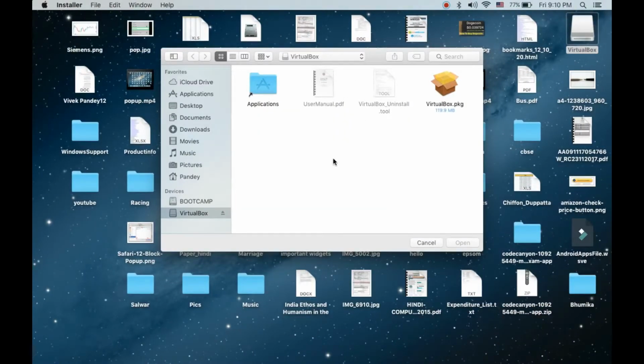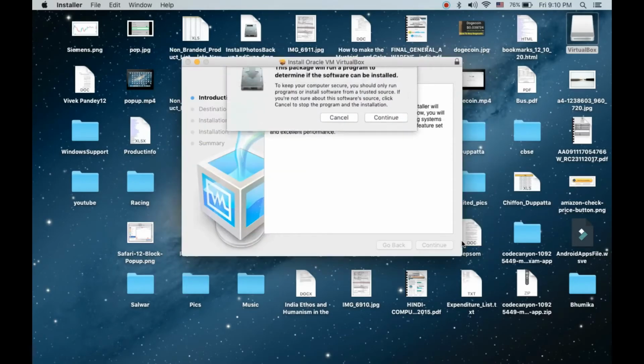So now it will open up a window which will ask you to select the drive, select the software from where you need to install it. Okay, so it is under the devices, because the VirtualBox will be installed on your MacBook. It will show on your MacBook as a device, okay, as a hard disk. So you need to select it from the devices section here on the left hand side, then choose the virtualbox.pkg. Okay, now you need to click on open.